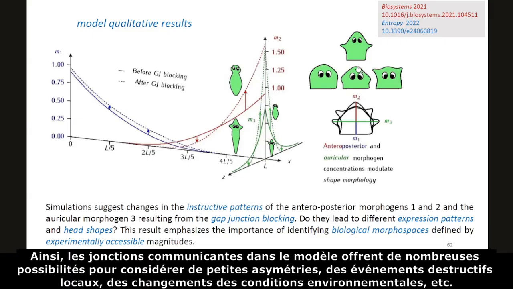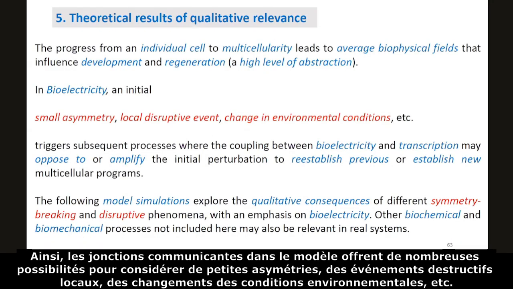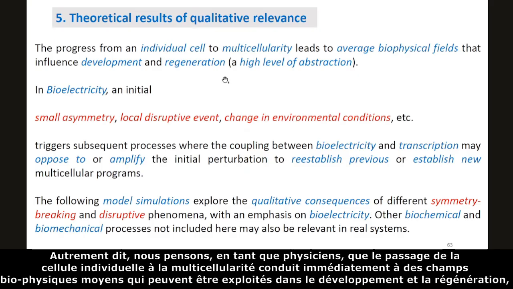So gap junctions in the model offer a lot of possibilities to consider small asymmetries, local disruptive events, changes in environmental conditions, and so on. In other words, we think as physicists that the progress from the individual cell to multicellularity immediately leads to